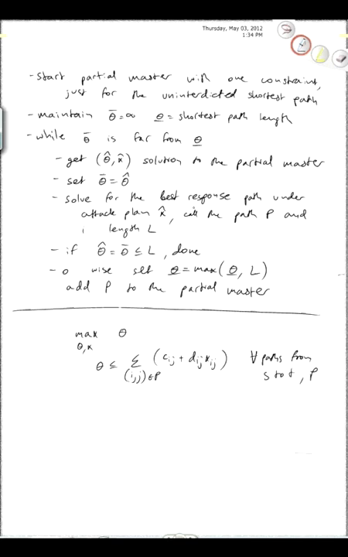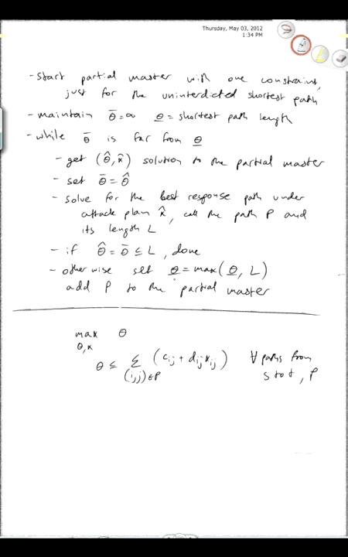Then we're going to go and solve for the best response shortest path if we happen to use the attack plan x hat that came out of the partial master. So let's call that path P and its length L. If it turned out that theta hat is less than or equal to L, then we're done, because the solution to this relaxation is feasible in the full master. So that means that it must be optimal. But otherwise,